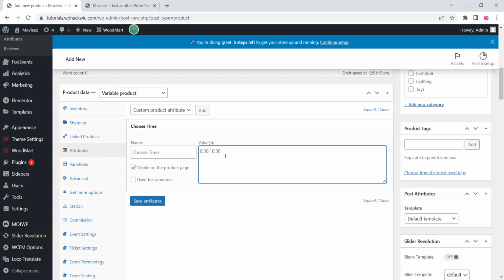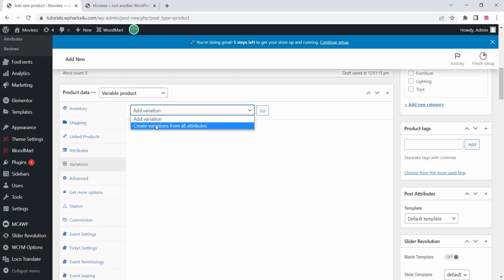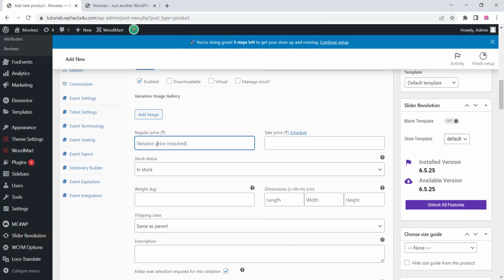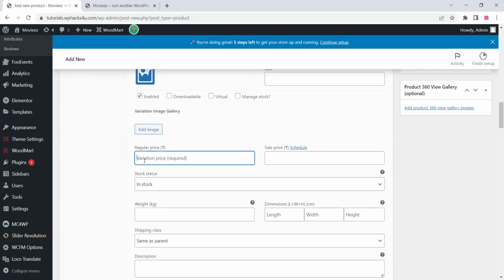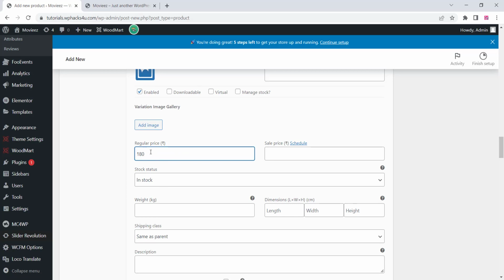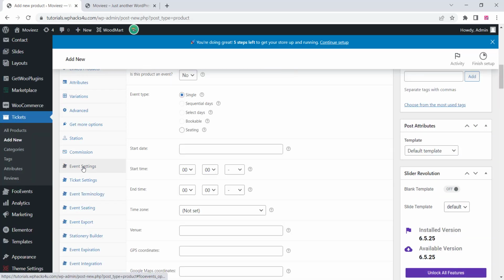Here you can add a choose time attribute. Here you can add the values like this, as you are seeing on the video. Add all your timings and click on variations and click on create variations. Here you can add some prices for each variation. Just add all these variations, click on save changes